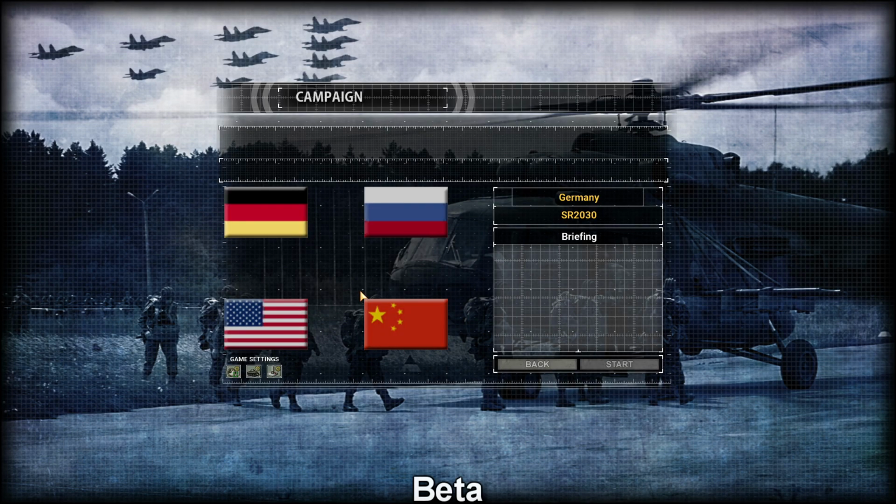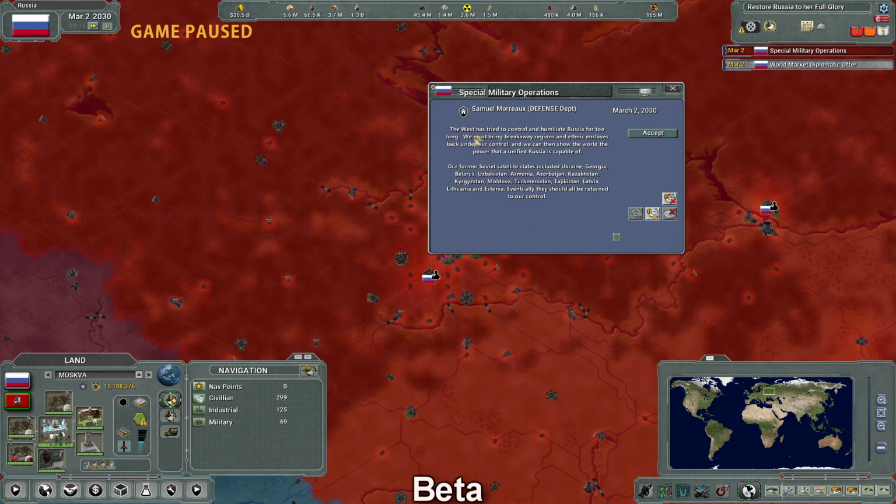Now to take you into the next campaign, the Russia campaign, or as it says here, the USSR campaign. It says this for a reason. Let's look at the briefing. The USSR's influence on the world has been created by a mix of economic and military aid, along with a generous helping of intimidation. Their vast territory holds a number of economic treasures, but the challenge to properly develop them is immense. If we start up the campaign here, we'll see the West has tried to control and humiliate Russia